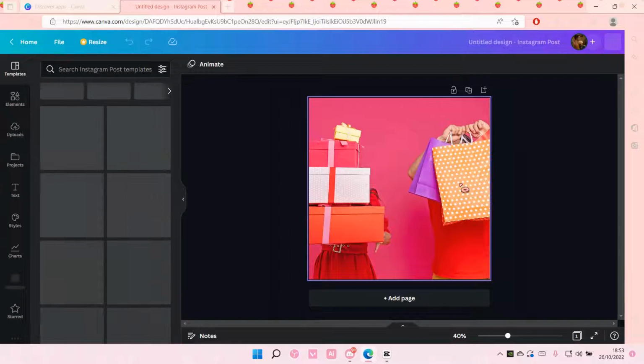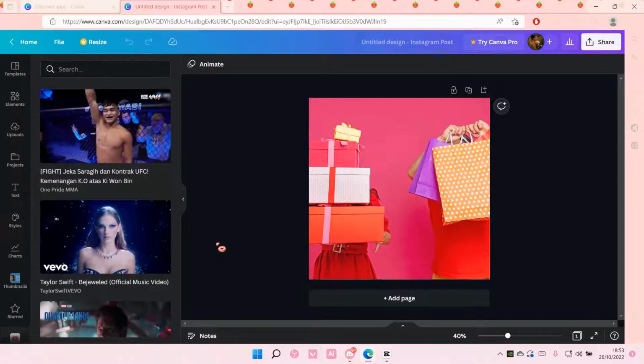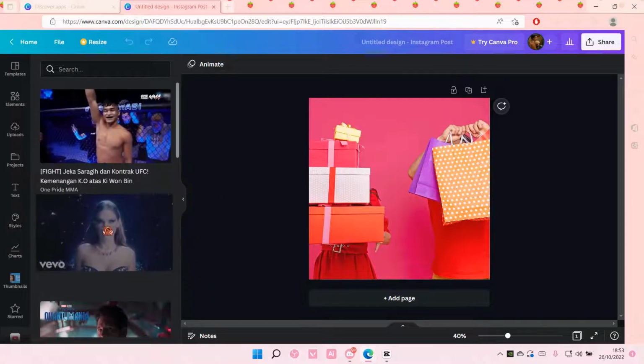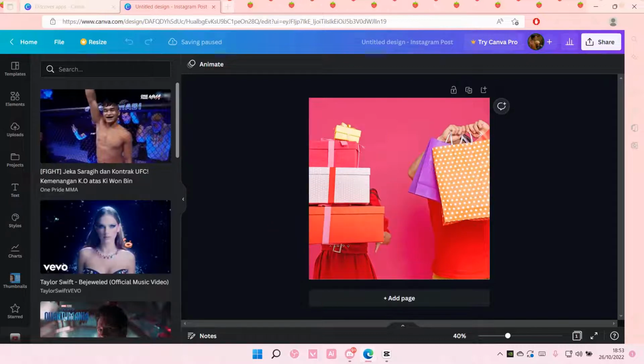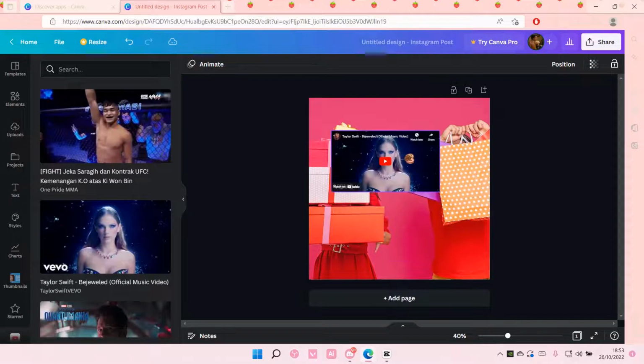and I'm just going to wait for it to load. It may take a couple of minutes, and then you're just going to select use, and you're going to find the YouTube videos that you want to add. So just drag it and add it to your